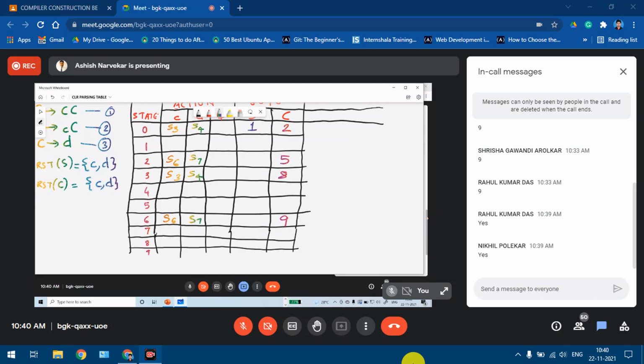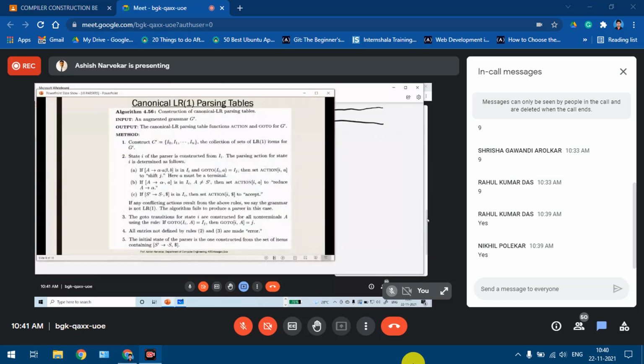So if we look at state number 4, it is production number 3 of the original grammar. So we have to make R3 as the entry in row number 4, that is state number 4. But where do we make that particular entry?